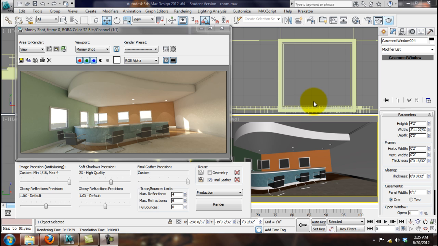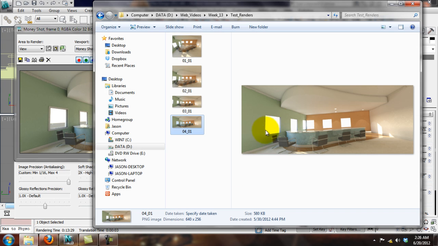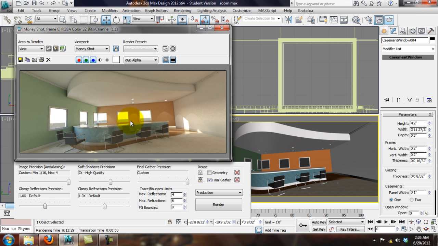Alright, so that actually took, looking down here, the rendering time, 13 minutes. So if you remember, when I left this off last week, the last rendering took under 4 minutes, okay? And the only thing that we changed here, we added some molding around the windows, but we added this glass in here. And you can tell just by, there's certain jobs where you're going to want that reflection, but this isn't one of them. You can see there's hardly any benefit to having the glass in there, and it's increased our render time